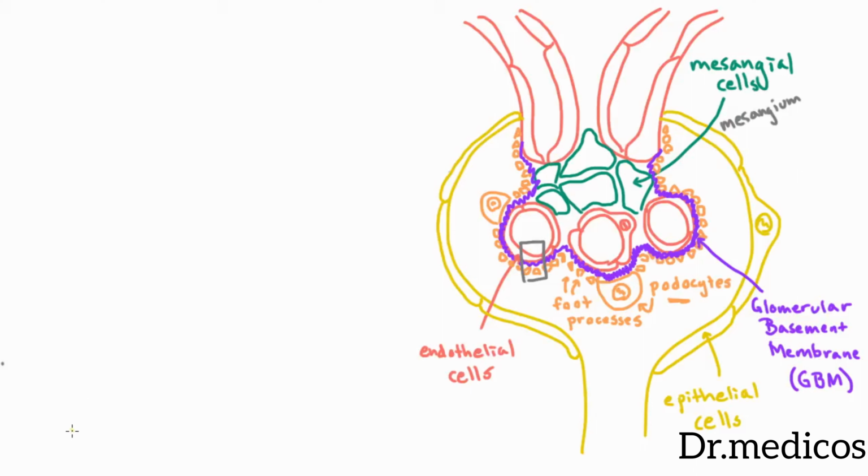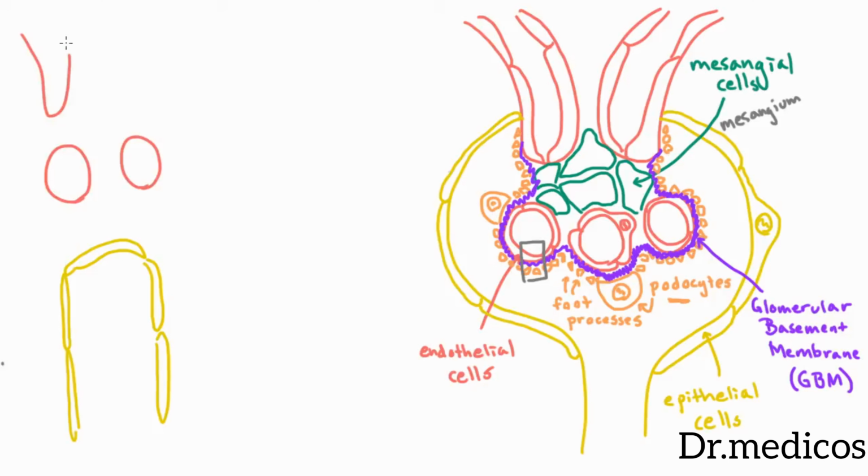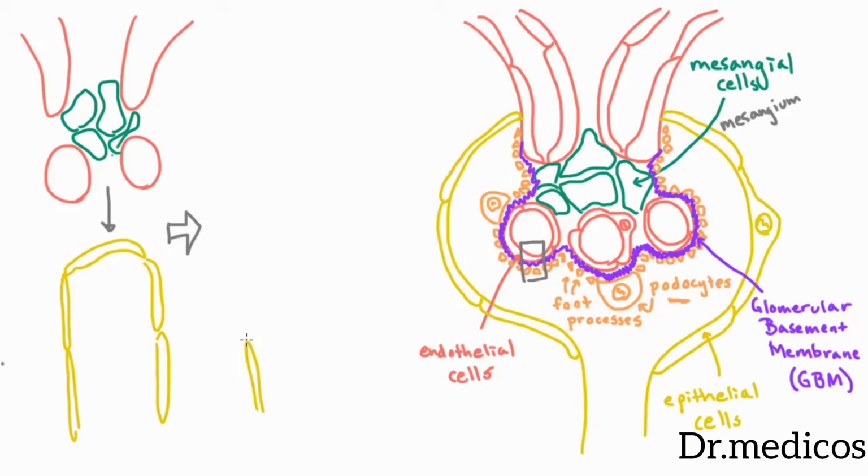So initially what you had in development was these epithelial cells just forming a blind pouch. And so this is the beginning of the nephron, and it continues down that way. And you had some capillary cells up here with the arterioles, the afferent and the efferent, and all of that held together by your mesangial cells. And so as you can guess, this structure just pushes down into this one. And so after that happens, you get a picture that looks more like this,